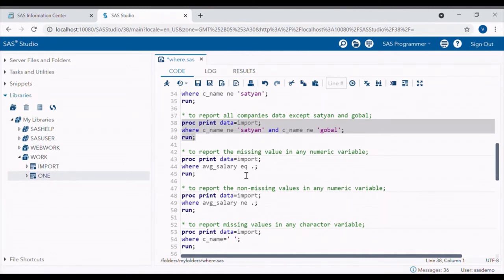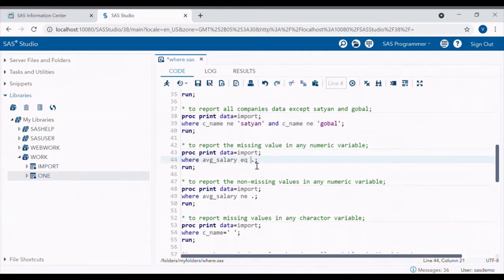Suppose we want to report the missing values in any numeric variable, we will use the WHERE statement like this: where average salary equal to dot. I have used dot here because if any value in a numeric variable is missing, it is denoted as a dot.